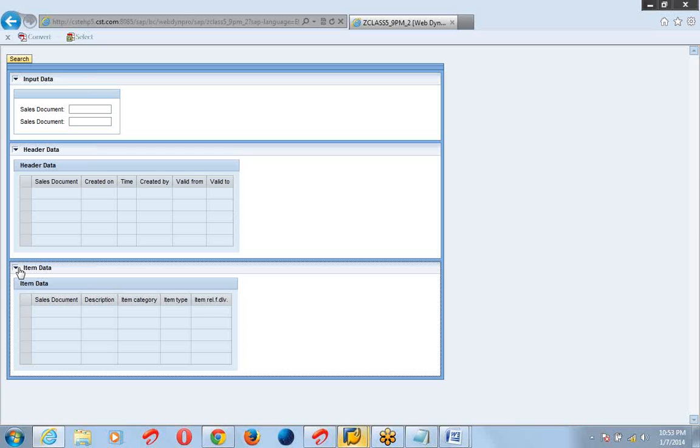When I click on any record, then the item data table will appear. So there will be some functionality: visible, invisible, enable and disable. We will see it later. For today, practice this application and try to arrange the UI elements according to your requirement. If you feel any problem, we will discuss it in the next class, but you have to practice.